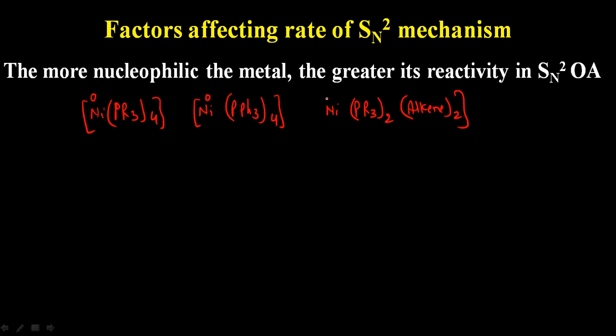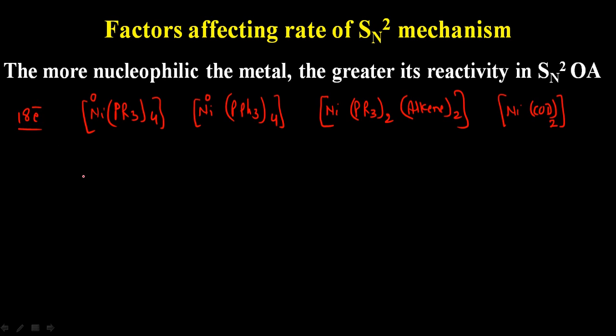Each alkene is a 2 electron donor. Then we can have nickel COD. COD stands for cyclooctadiene. There are 2 such cyclooctadienes, each will donate 4 electrons. So 2 cyclooctadiene units will donate 8 electrons, and we have 10 electrons from nickel, so 10 plus 8, 18. So we are having 18 electron species. All these complexes are 18 electron in nature.